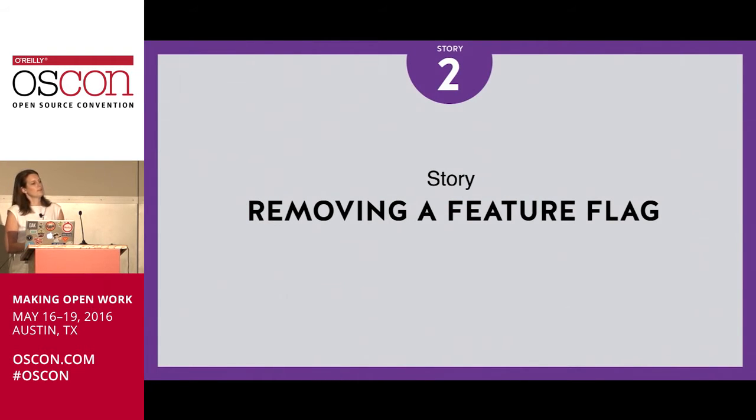So the next story I want to tell you about is removing a feature flag. This is a pretty simple story. But first, let's start. What is a feature flag? Maybe you haven't heard that term. A feature flag is a commonly used tool for gradually releasing features to a certain set of users, so sometimes one user at a time. It's usually a flag that you can toggle in a UI. So an admin user might change this, turn something on or off for a specific user, and it changes the behavior of your application for that user.